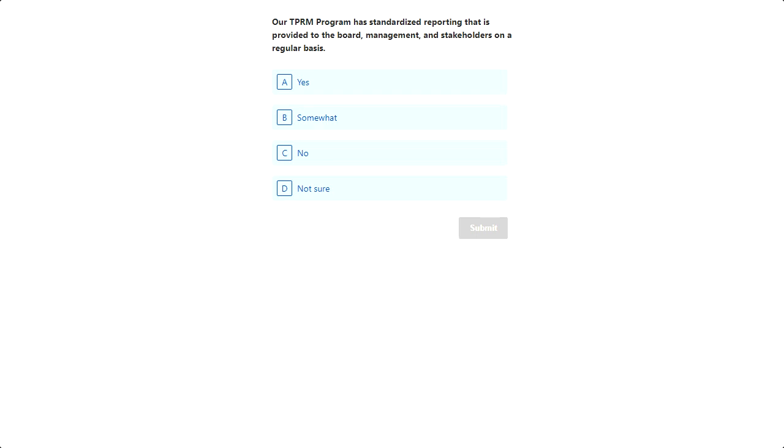Now, as a subset of that, another really important report to have is your critical vendors report. So identifying all your critical vendors, products and services they provide, the risk ratings of individual engagements, if they provide more than one, who owns those relationships, and if they have any open issues or any other concerns that you'd want to bring to management and the board's attention.